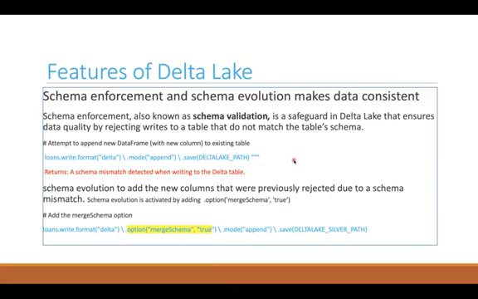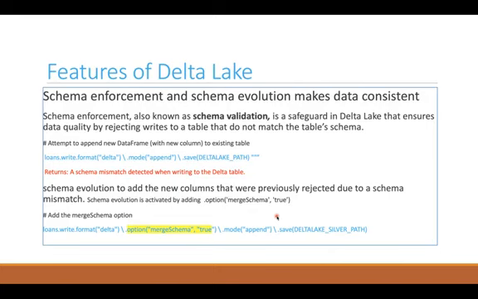So this is helpful to validate the data without simply creating new columns, like one-stop validation. Once we have validated the data and that column is really required, then we will enable schema evolution by using the option mergeSchema true, then schema evolution will be activated. For example, here loans.write.format delta option mergeSchema true, then it will allow us to append the data with the new column. So this is one of the requirements in practical use cases that will be helpful to add new columns.